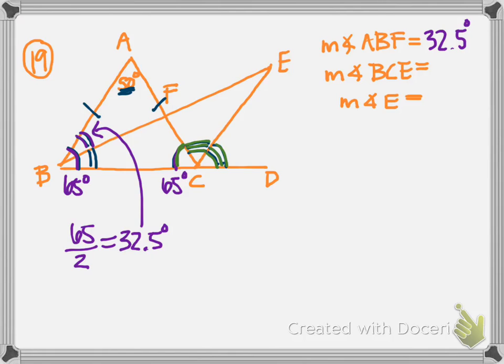So if I subtract 65 from 180, we get 115. 115 is the measure of angle FCD, these two guys together. The measure of angle BCE is half of that, this part, plus that 65. So half of 115